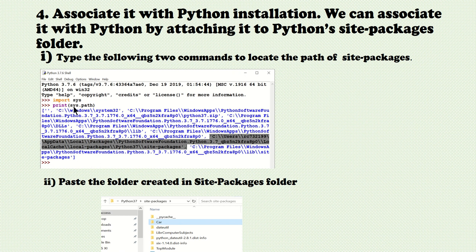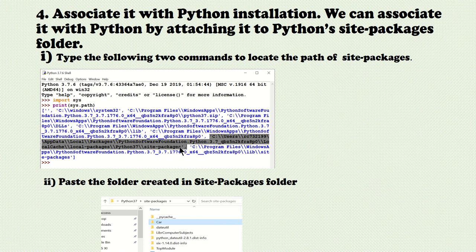So print sys.path. When you give that, it will show you all the paths Python will look for, for various purposes, while executing. In the paths that are given, look for the site-packages. This is the site-packages folder on my computer: C, Users, AppData, Local, whatever. Whatever the folder name given, you just note it down. You have to note down this particular name.